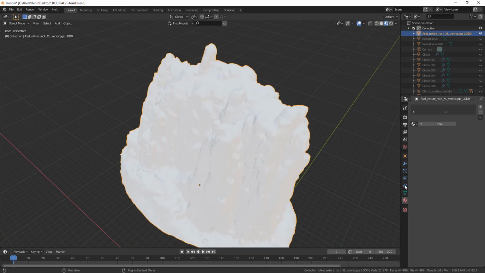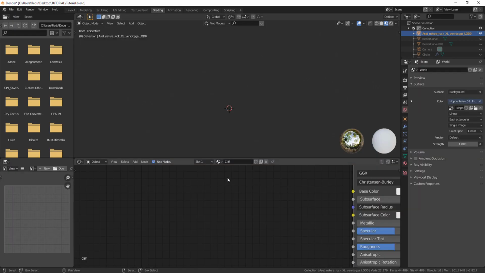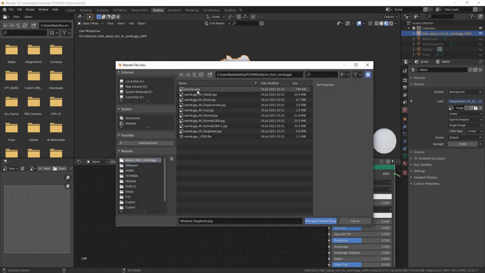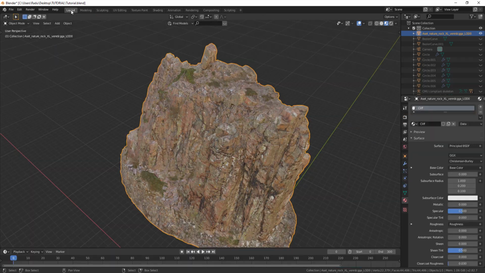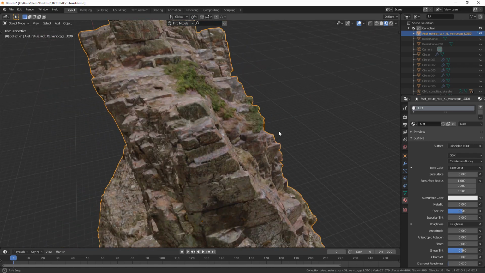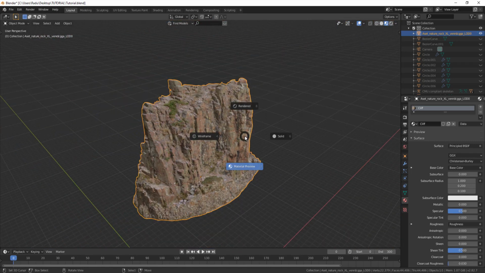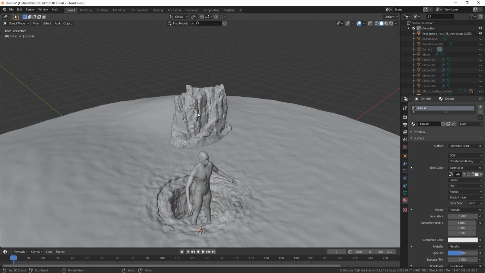Now I'm going to add a new material, call it a cliff, go to the shading mode, Ctrl Shift T, go to its textures, go with albedo, normal, AO, and roughness. Yeah, that's about right, everything's looking fine. Alright, as you can see, this is the asset we are going to use. I'm going to isolate these 3 layers, and